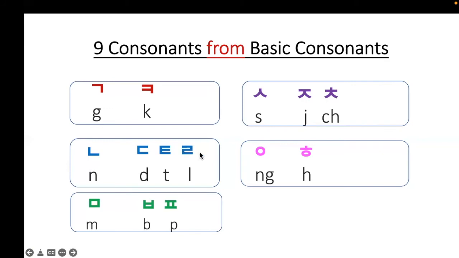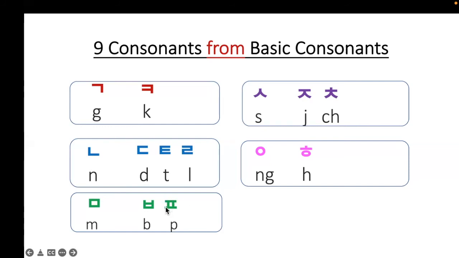Lu, lu. Okay, nu, do, to, lu. And then for the mu sound, mu, bu, pu. These 3 are really pronounced using your lips. So just put one more stroke on top here and another here. Bu, mu, bu. And then now